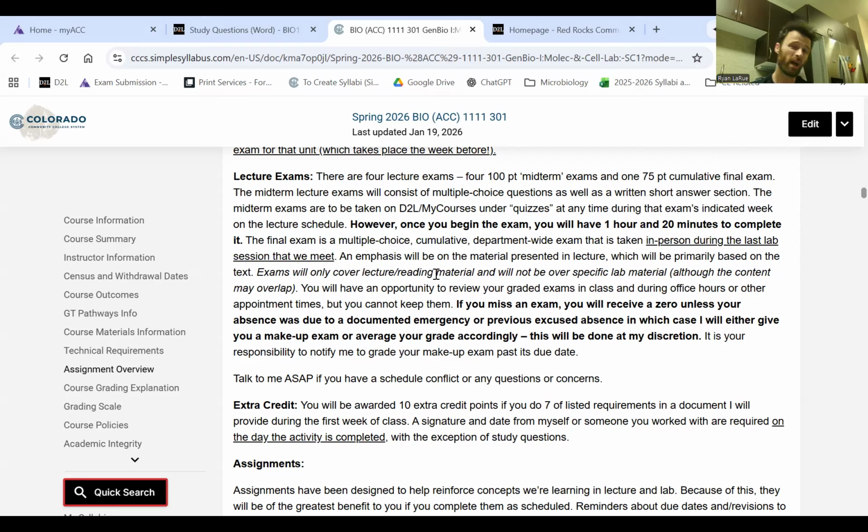And then we also have a lab practical. I'll talk about that when we get to the lab portion. That practical lab exam is also taken in person. So again, there's four exams taken on D2L, and then there's two taken in person when we meet during lab.